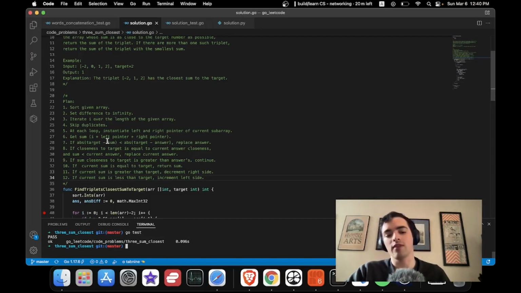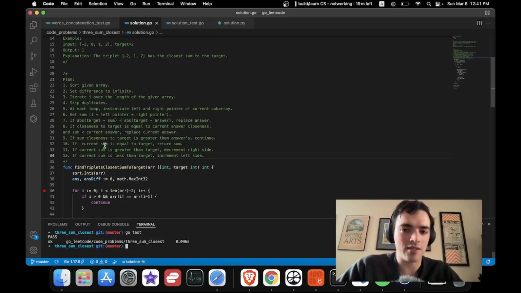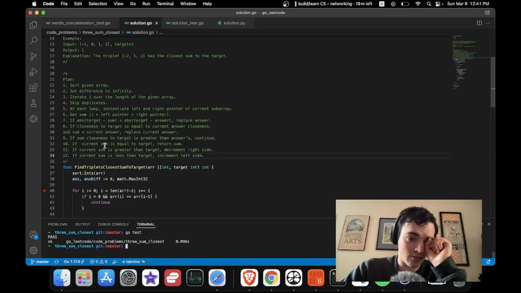We're going to instantiate the variables that we need, so our answer or sum and our answer's difference. That will be set to infinity, or some number so large that we will never encounter a closeness to the target that equals it. Then we iterate through our array up until the third to last element,